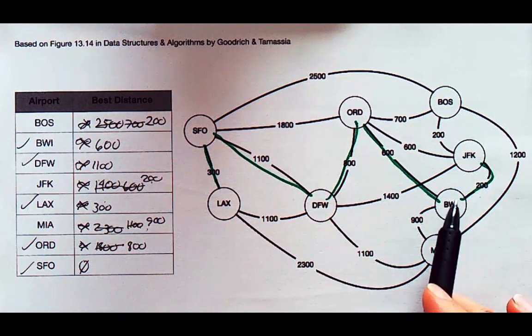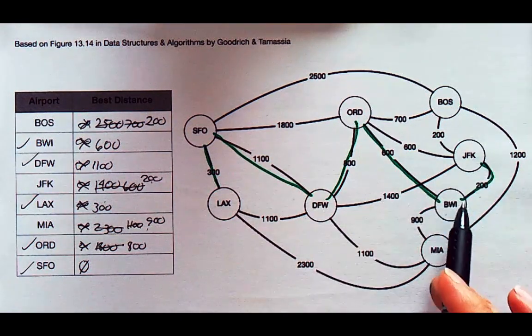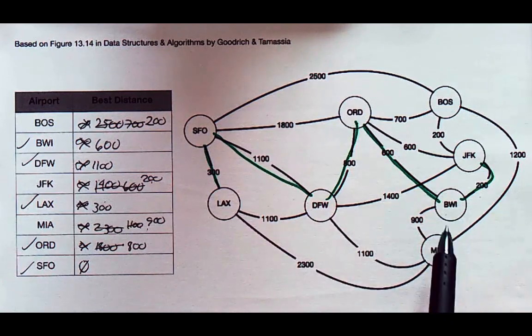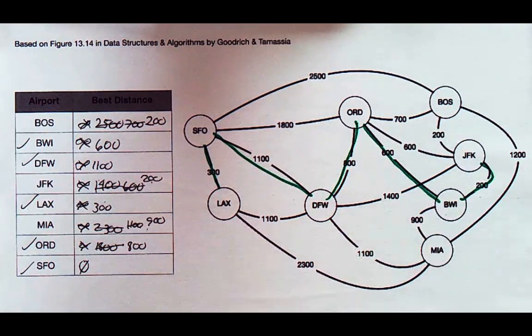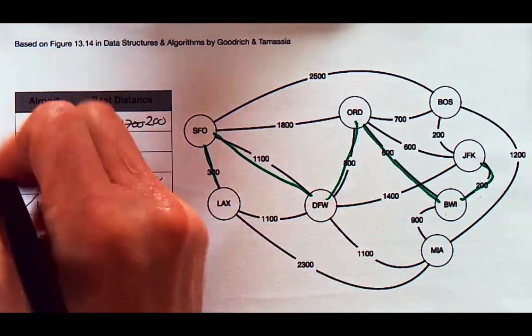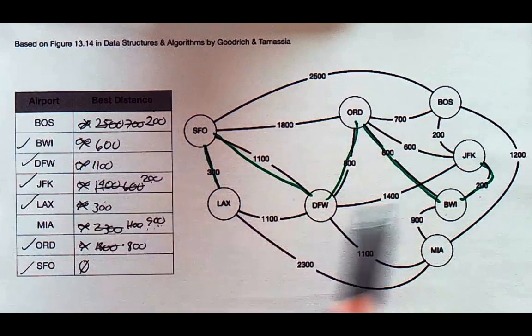We don't have to worry about that. Let's see, 1400 back. It's also a backwards path. We can ignore that. Okay, so continuing on, we'll finish off JFK, and we've got two nodes left. One has a distance of 200, the other has a distance of 900. So we'll pick the